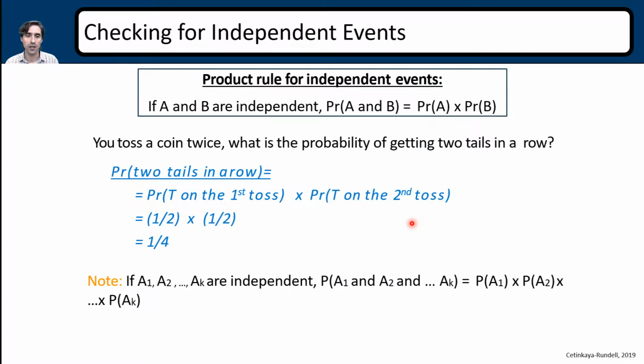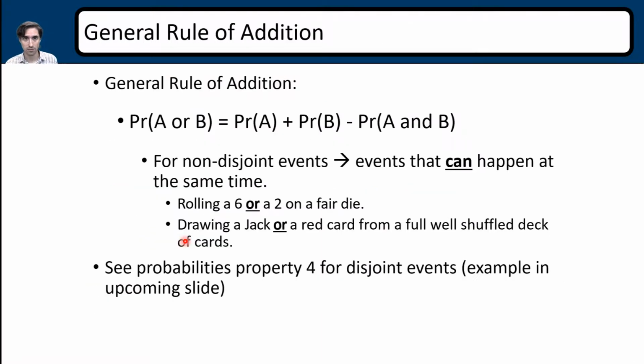All right, let's go back to independent events. You toss a coin twice. What is the probability that you're going to get 2 tails in a row? So this is independence. We're checking for independence. If I toss it once, let's just say it's a 50% chance it's going to be heads. What's the chance that it's going to happen again? That's a 50% chance as well. So we need to multiply that. We would do 0.5 times 0.5, which is 0.25. They are independent of each other, and this is basically the product rule for any independent event.